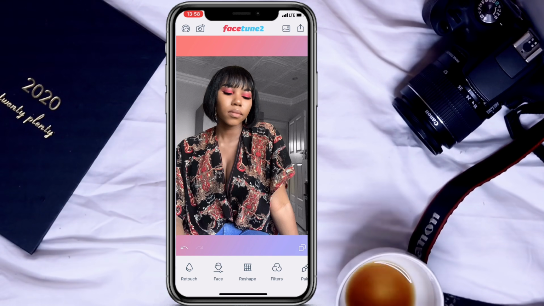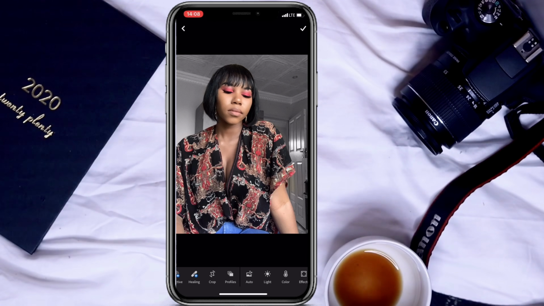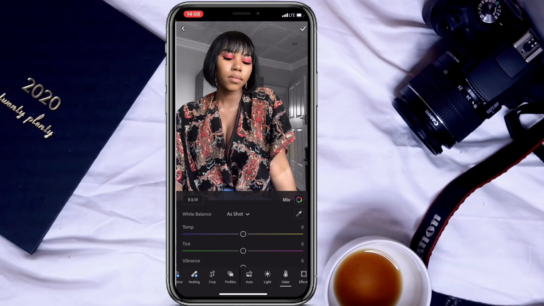So we're done here. I'm just going to take this picture to Lightroom now. Okay, so we're in Lightroom now, and here are the tools that I normally use. So actually almost all of them. So I use light, I use color,